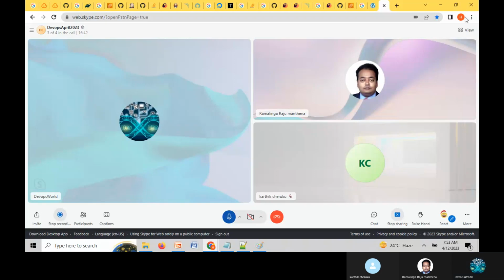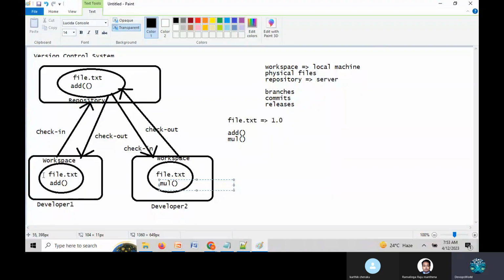Just tell me what you observe. Let us suppose, we can't judge who will update first. The first developer writes the add function and updates. What will happen if developer 2 is also directly checking in the code?